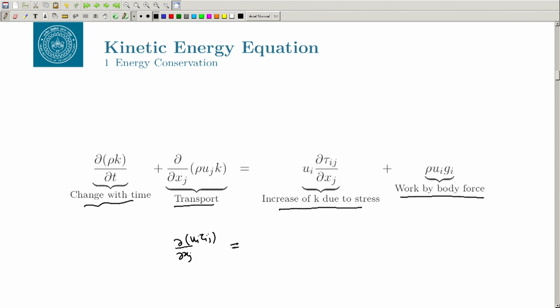So, this is your total change in energy, and you can write it using the chain rule, basically, which is ui del tau ij by del xj plus tau ij del ui by del xj, right. So, this is the term which is responsible for increase in kinetic energy,